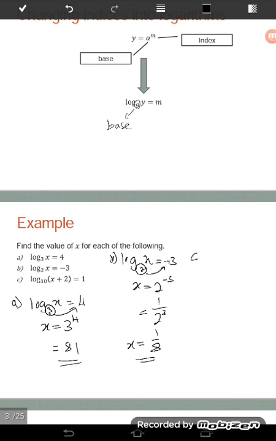Okay, so c. We have log x plus 2 base 10, which is equal to 1. Bring 10 to the right. Kat bawah dia bawa pergi ke kanan, tendang 1 naik atas. So x plus 1 is equal to 10 power of 1. So x plus 1 is equal to 10. And then this plus 1 bring to the right, minus 1. So x is equal to 9.